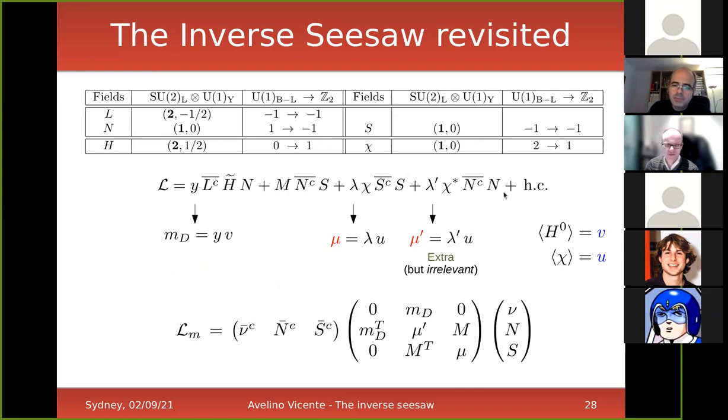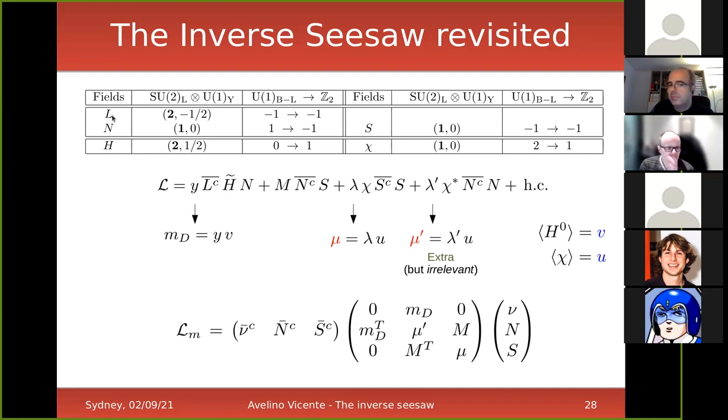Now, let me go back to this original construction, but dress it a bit more. So now I will play with a spontaneous generation of the mu parameter. And this connects to the comment that we just got. For example, we can play with B minus L, U(1) B minus L, that as you know could be gauged if you have 3 families of right-handed neutrinos with lepton number. And in this model that I'm proposing here, you start with the same ingredients we had before.